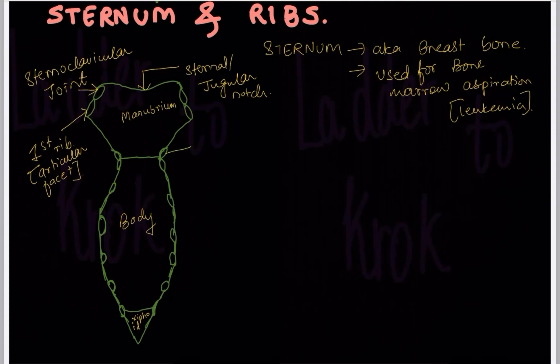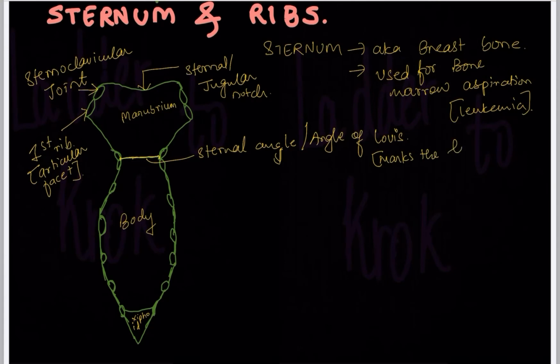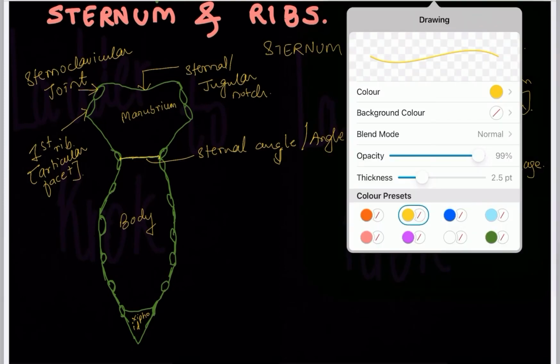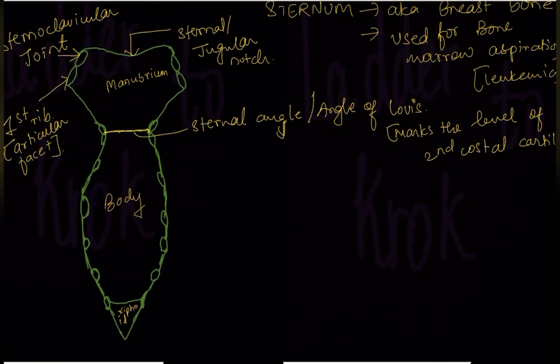Now you can see in this first, then there's a line separating, and here is the angle forming. This line between the manubrium and the body, we call the sternal angle, or the angle of Lewis. Now it's important because it marks the level of the second costal cartilage. When a rib attaches, suppose this is a rib, it will have this costal cartilage which will be attaching to the sternum. Remember this thing, that every rib doesn't attach directly. There's a costal cartilage present and then they attach. So sternal angle, angle of Lewis, done.